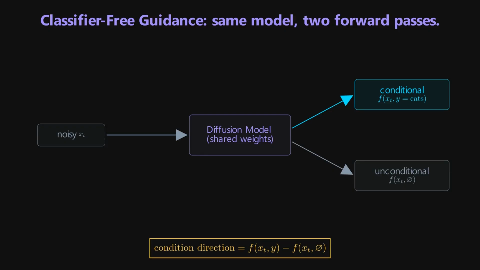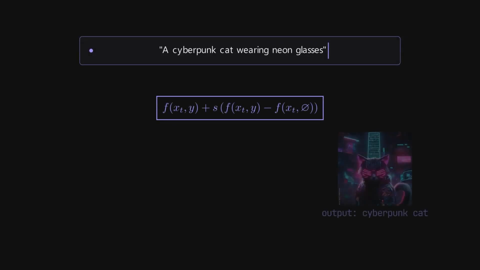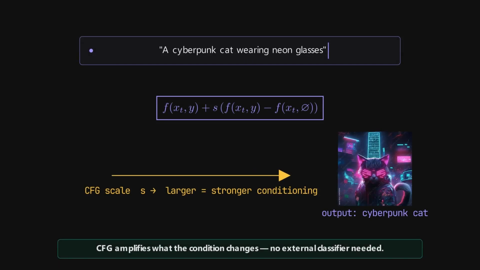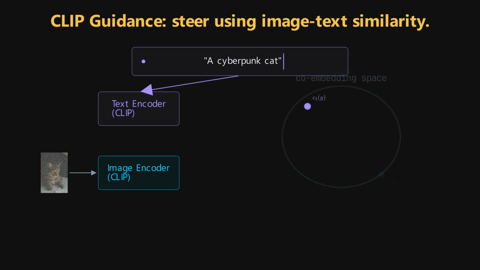If s is large, the image follows the condition more strongly, but it may become less natural or less buried. So, guidance scale is a steering wheel and a gas pedal at the same time. Useful, but dangerous if you floor it. The downside of classifier guidance is that it needs an extra classifier. And not just any classifier, one that works on noisy images. That is inconvenient. Classifier-free guidance solves this in a more elegant way.